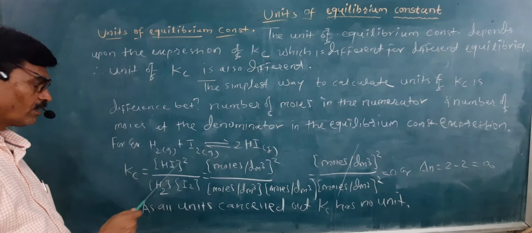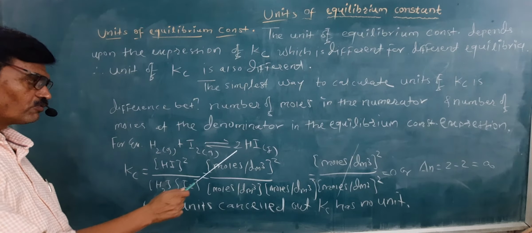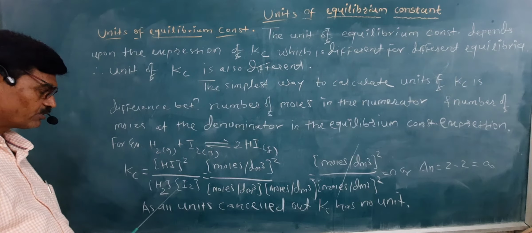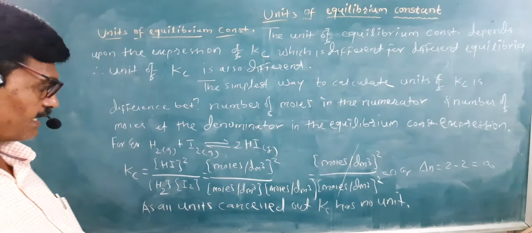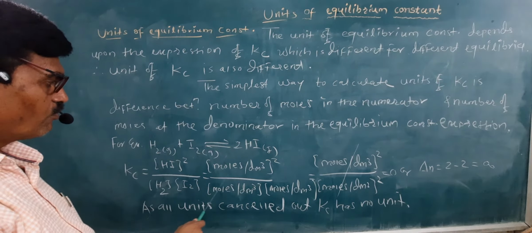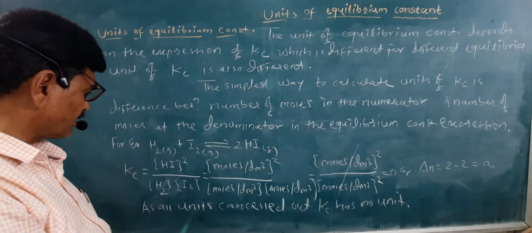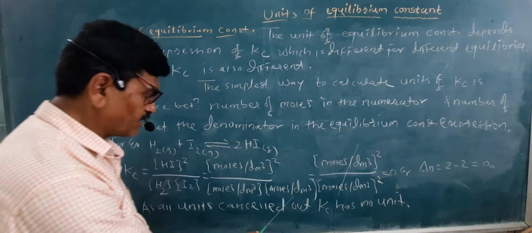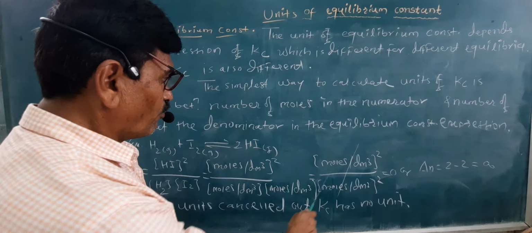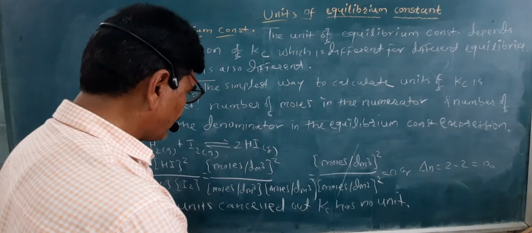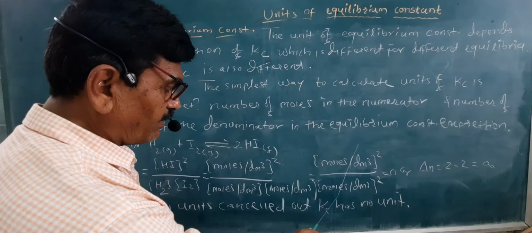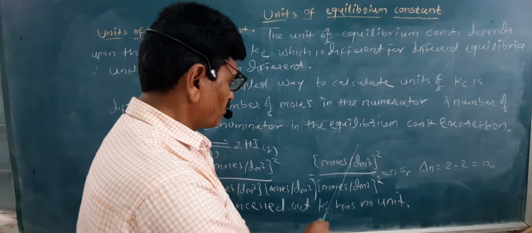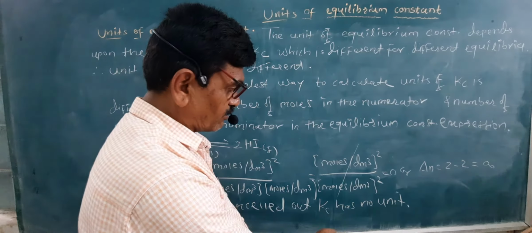पहा, मोलार कॉन्सन्ट्रेशन ऑफ HI, कोएफिशिएंट जो आहे तिथे आपण पॉवरच्या स्वरूपात लिहितो, मोलार कॉन्सन्ट्रेशन ऑफ H2 इंटू मोलार कॉन्सन्ट्रेशन ऑफ I2. आता काय केले पहा, हे काय इंडिकेट करतं? मोल्स पर डेसिमीटर क्यूब याचा स्क्वेअर. H2 चं कॉन्सन्ट्रेशन मोल्स पर डेसिमीटर क्यूब, I2 चं मोल्स पर डेसिमीटर क्यूब आहे, आणि म्हणून मोल्स पर डेसिमीटर क्यूब त्याचा स्क्वेअर आहे. हे जर मल्टिप्लिकेशन केलं आपण काय होईल? मोल्स पर डेसिमीटर क्यूब याचा स्क्वेअर आहे.